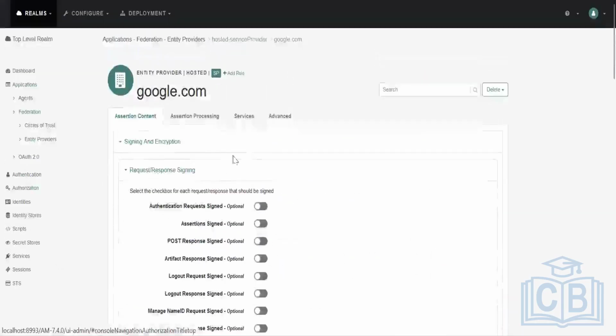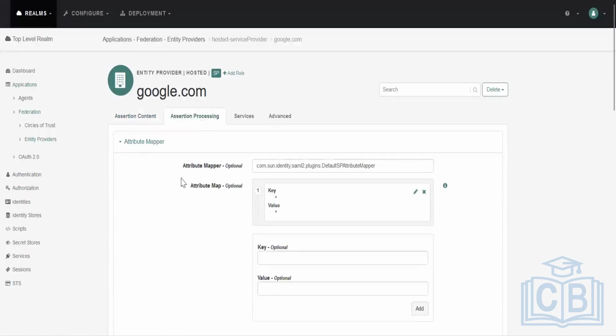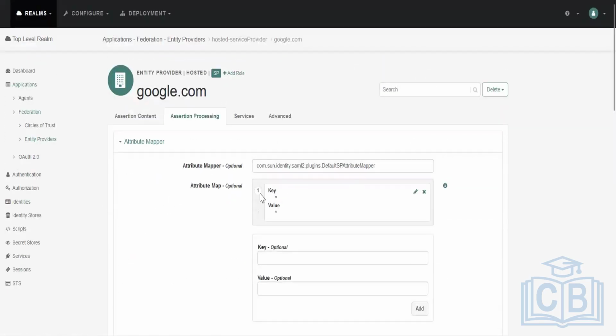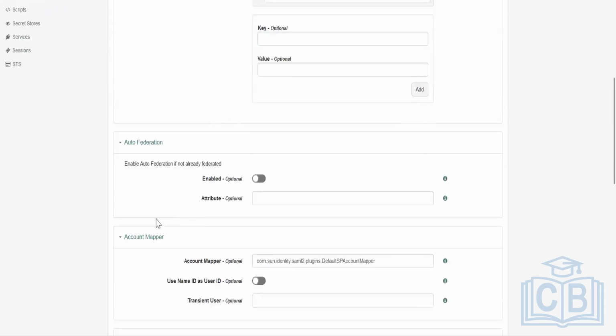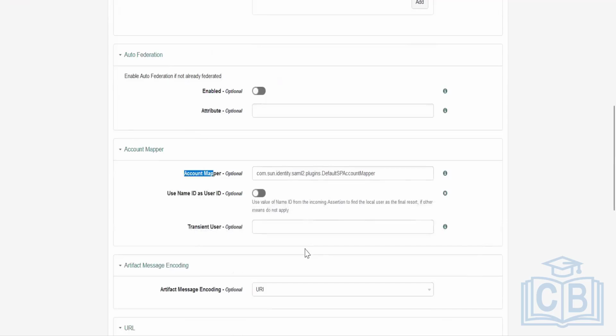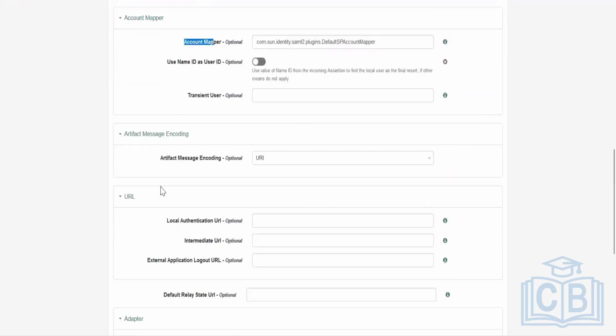Okay, and other assertion processing comes, then this attribute mapper where they use auto federation, key on everything, account mapper. So what is the account mapper? They're using name ID as user ID. Okay, if you see the name ID from the assertion, when I show the assertion, then I'll show you what the name ID is and everything. So just going to this assertion mapping, let me show if I have any assertion information or